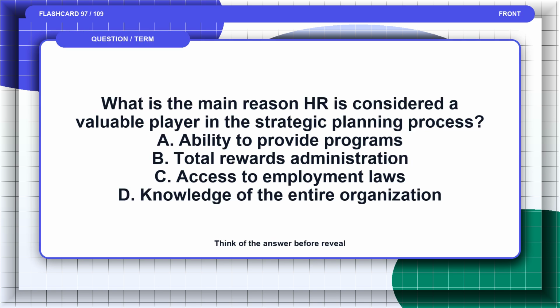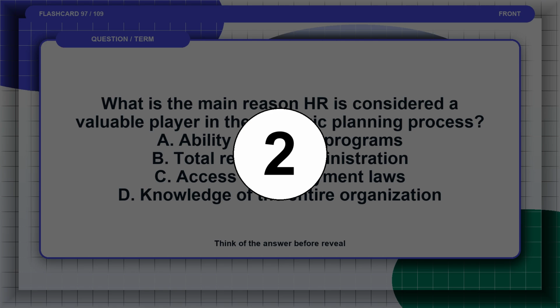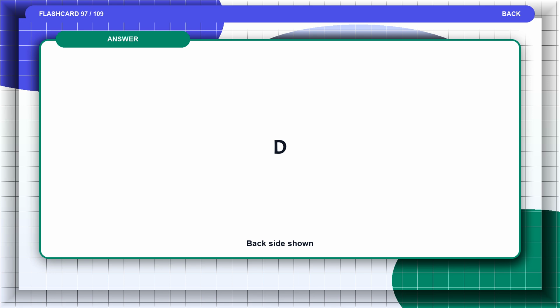Flashcard 97. What is the main reason HR is considered a valuable player in the strategic planning process? A, ability to provide programs. B, total rewards administration. C, access to employment laws. D, knowledge of the entire organization. Pause and think of the answer before the reveal. The answer is